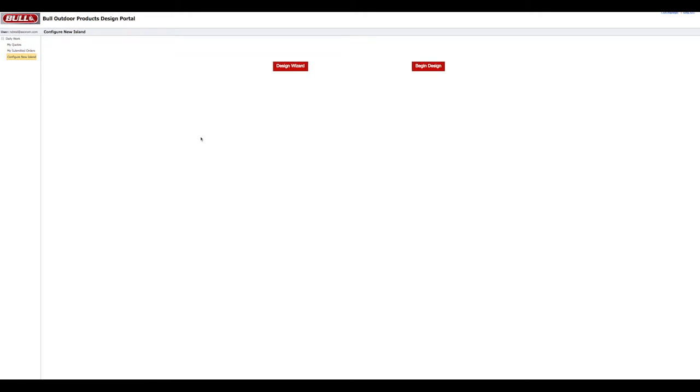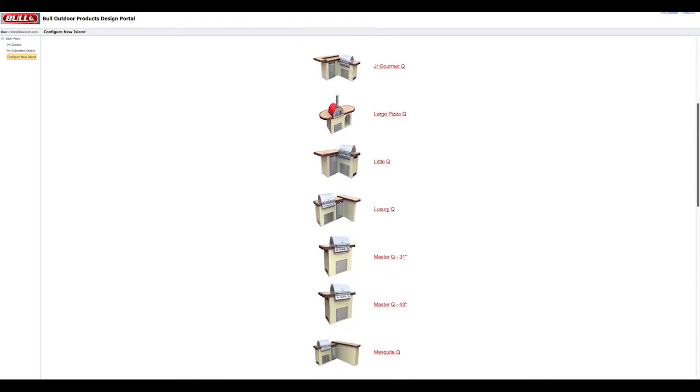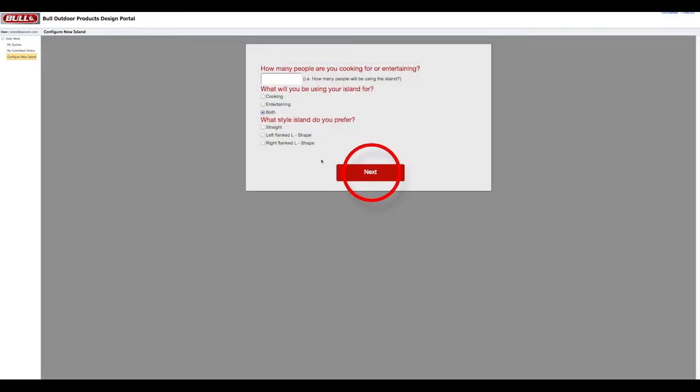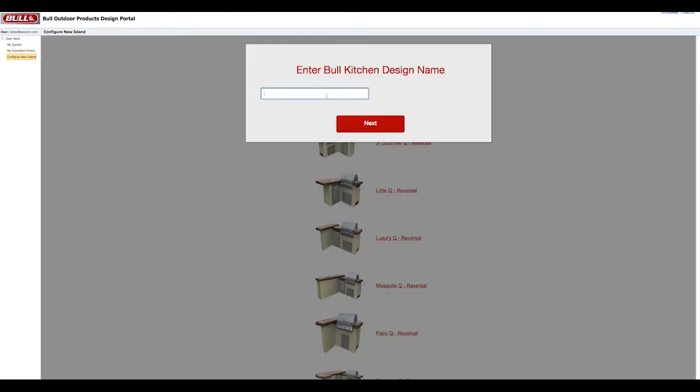You will be prompted with two different guided processes for choosing your base configuration. Design Wizard will bring you to a list of all the available islands and offer choices on available accessories. Begin Design will bring you to a form with simple questions to help narrow your options down. After completing this step, you will be prompted to name your design, and then your base configuration will load into